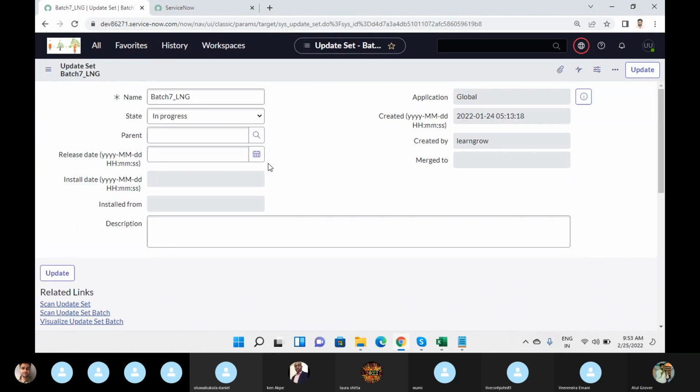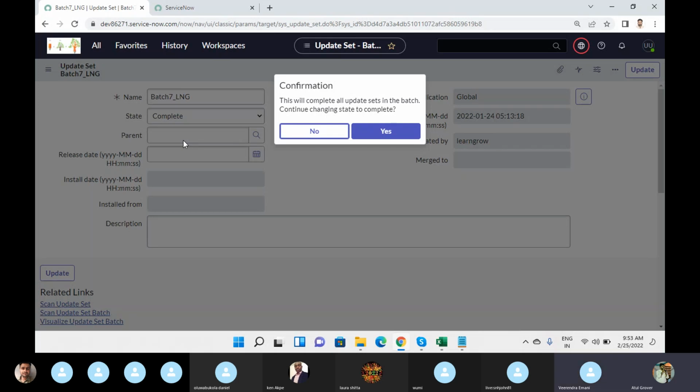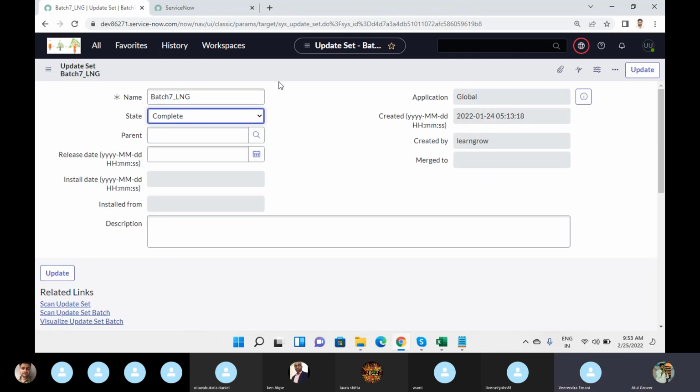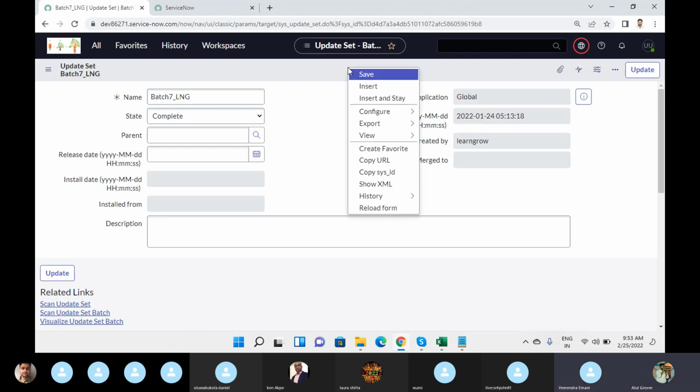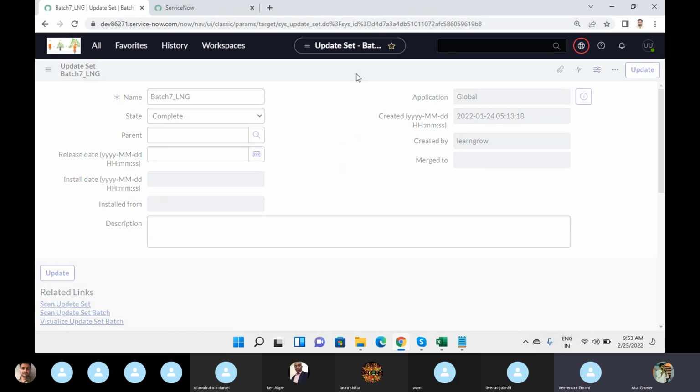Okay. Now I'm going to complete it. Any question till this point? Anyone? Okay. Completed. This work will be taken care of by the developer only, but being a consultant, we should know how these things actually work. Click on yes. When I say yes and click on save,